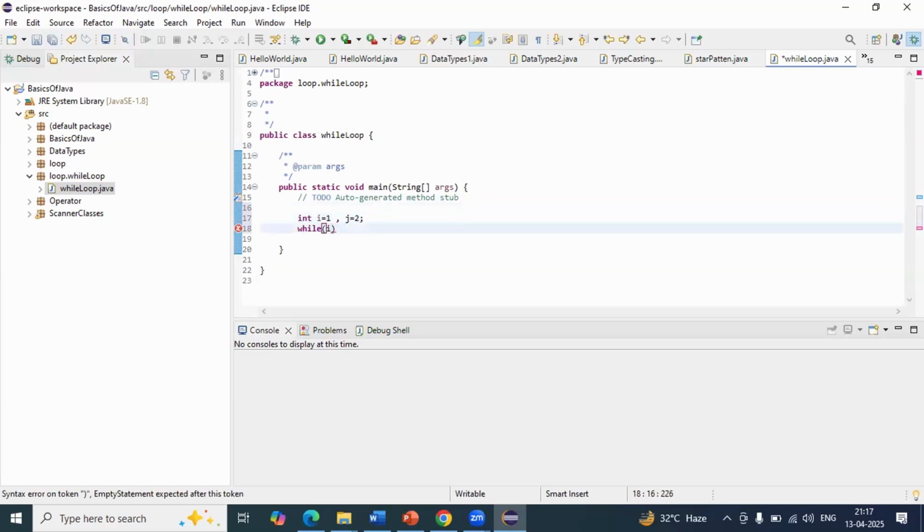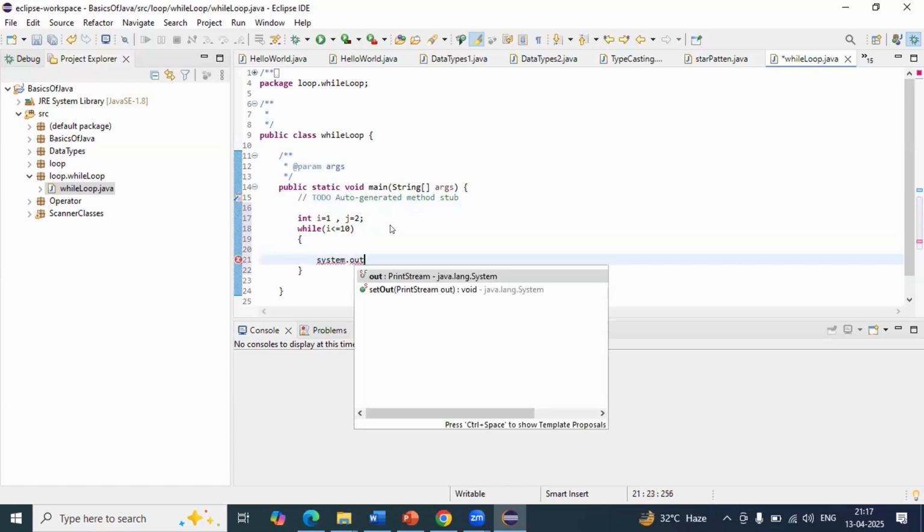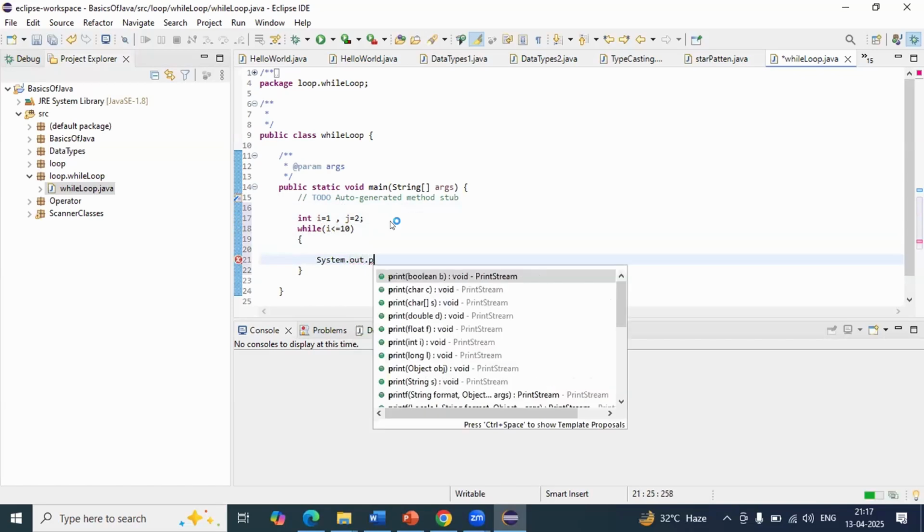Here I'll say i less than or equal to 10. Inside this I'll do the things, System.out.print,